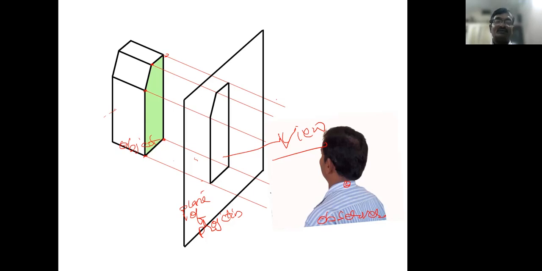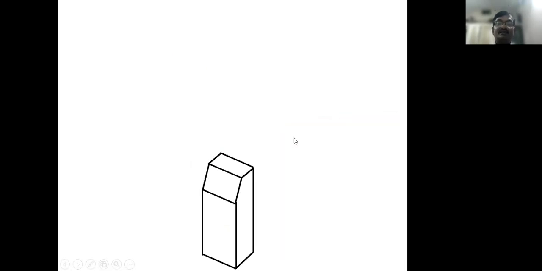Sometimes it is not enough. Only 2 views are also not enough. So it is observed from another direction. How? It is observed from the front, and from the top. While observing the top, it is one principle. When observed from the front, first you observe in one direction, and in the same direction we have to observe this. So when observing this, we get 2 surfaces, 1 and 2. Total corners here: 1, 2, 3, 4, 5, 6.